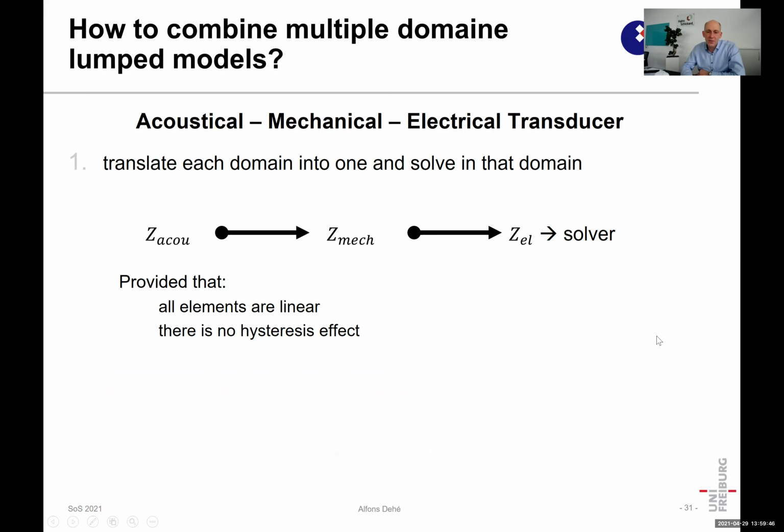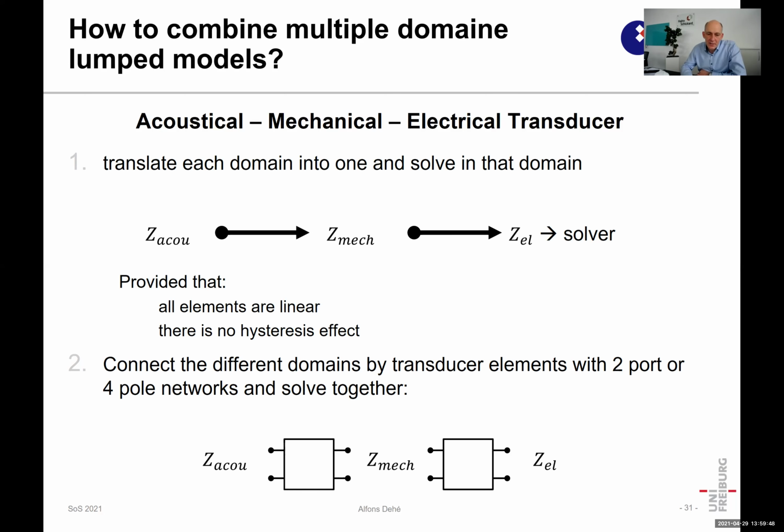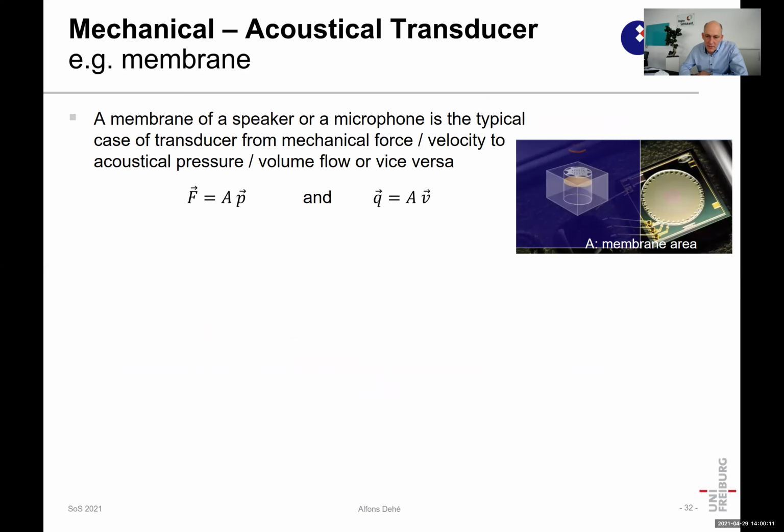You want to transform between those domains, and finally, if you do so, you'll be able to connect those domains. But the connection of the different elements is important, and it needs a special systematic of two-port or four-pole networks that can be staggered together finally. And we have simply